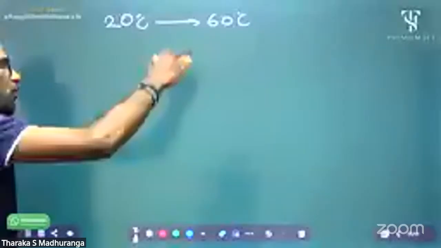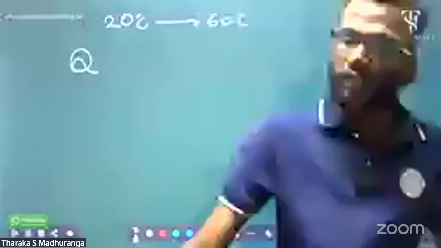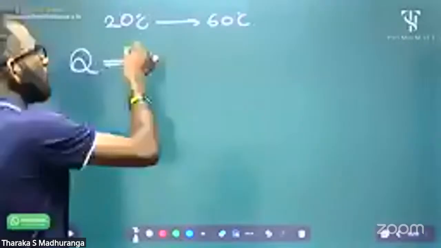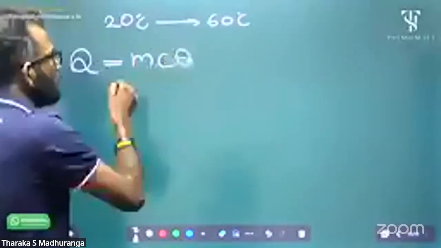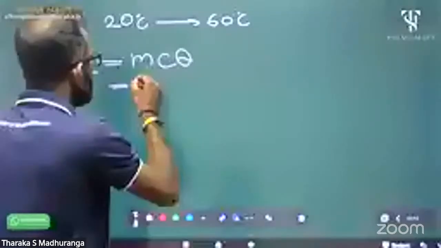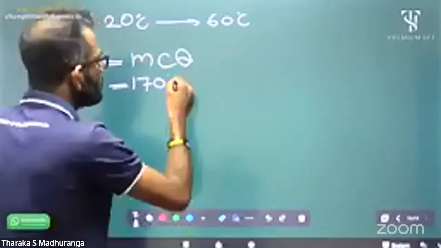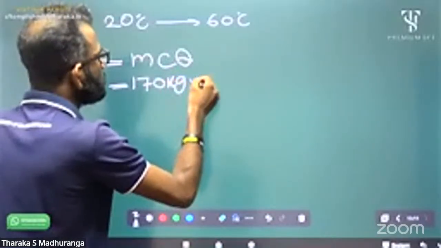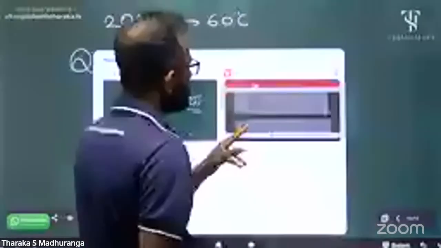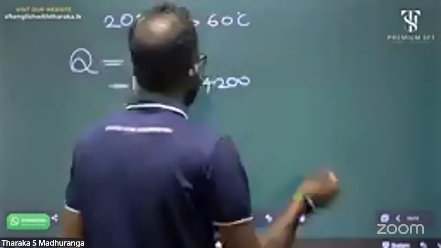Now, how we can calculate the amount of heat absorbed or released, which we call the quantity of heat Q. Okay, the specific heat capacity is given. Then we can calculate the m c theta. How about the mass given in the question? 170 kilogram. Specific heat capacity 4200, right? 4200 J kg minus 1